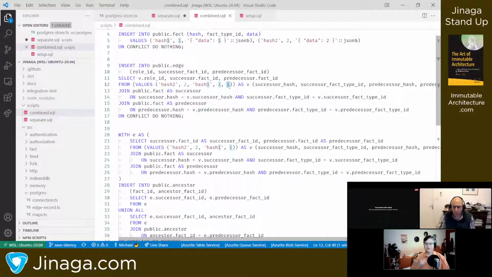And so we take those 2 pairs of hash and fact type ID, as well as the role ID, and then join it to the fact table twice. Once for the successor, once for the predecessor, and then we can pull out the fact IDs from those 2. And again, on conflict, do nothing.